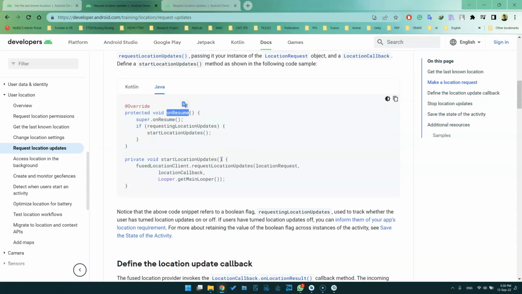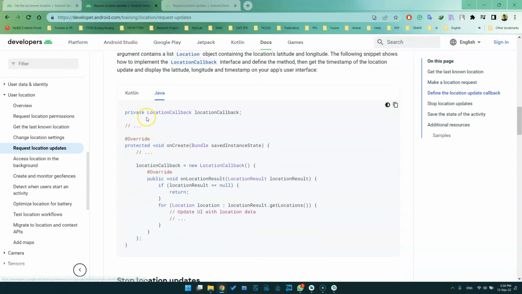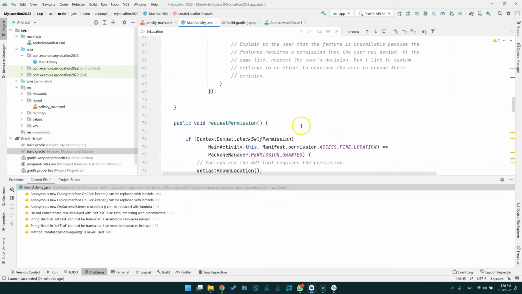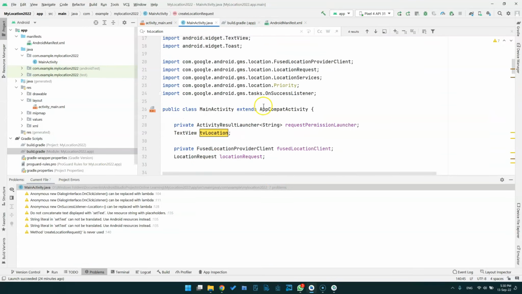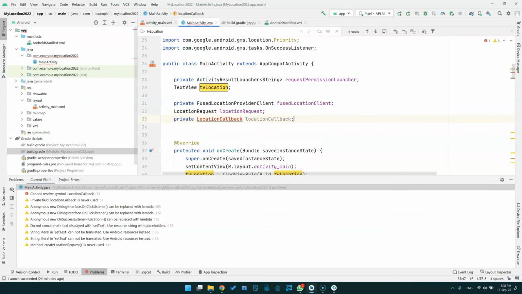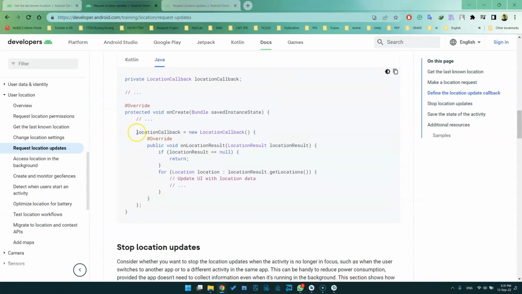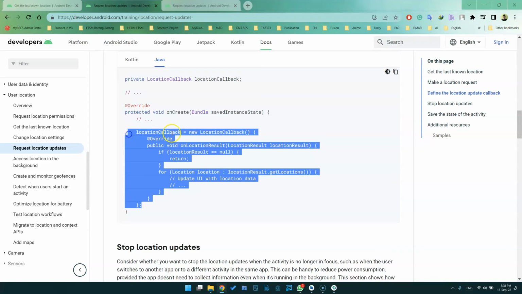And so I think we will set up the location callback first. So if you're going down the code, then they will tell you how to create the location callback. Okay, so we will just copy the code first. Copy one by one. Set the location update in the global variable, and then import the location callback library of the class. And then here we will copy the location callback function. Copy this,